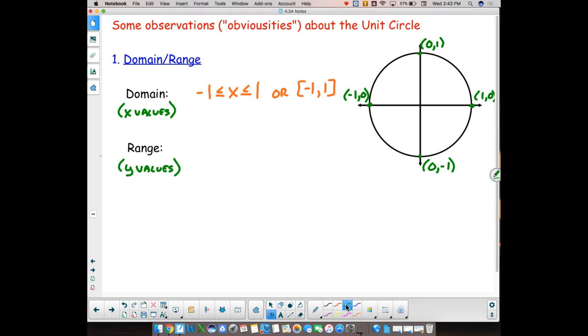Except the only thing that's different is, instead of x, it's y. Yep. So the range would be from negative 1 less than or equal to y is less than or equal to positive 1, or if I wrote it in interval notation, it would be